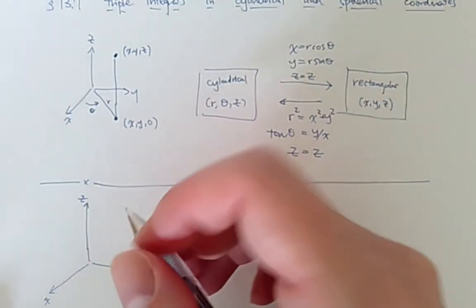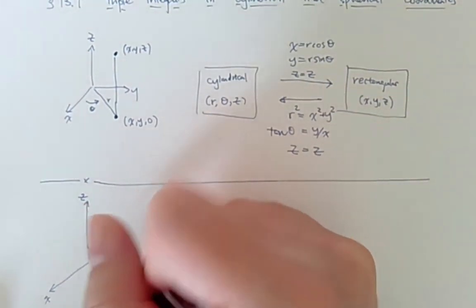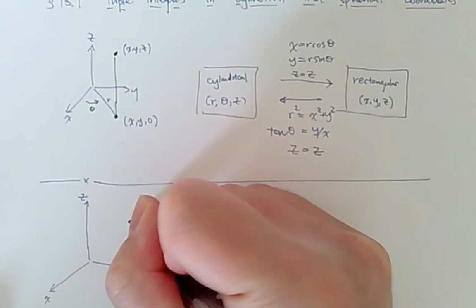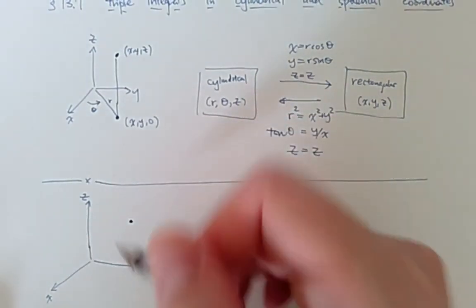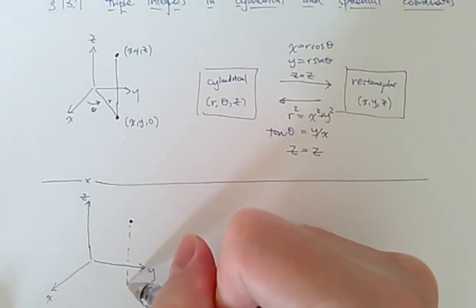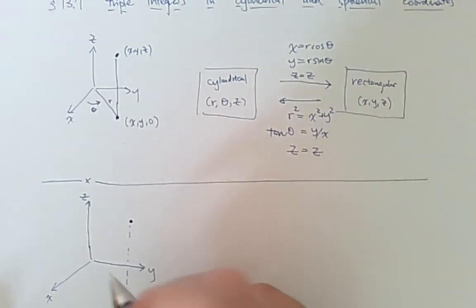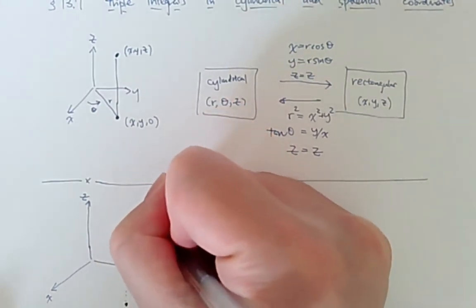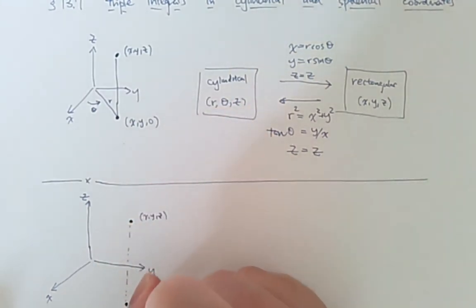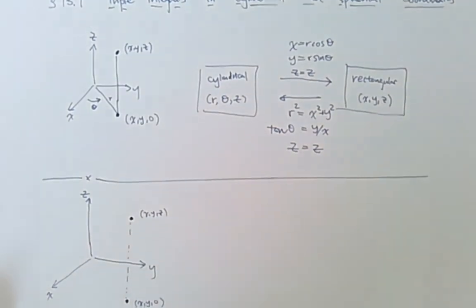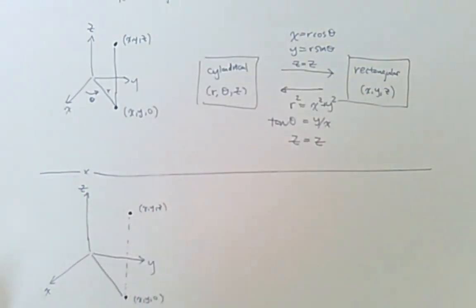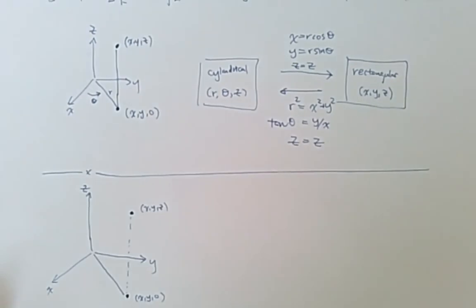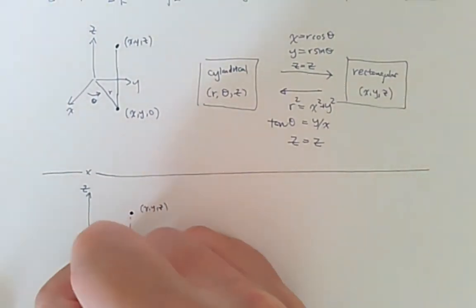So again, we have a point here, and then again we drop it down to the xy plane, x, y, z, drop it down to x, y, 0, and then again we can use polar coordinates. So I will still label this with theta,